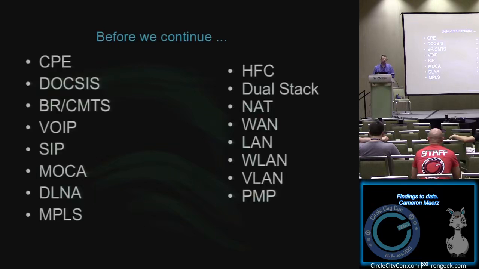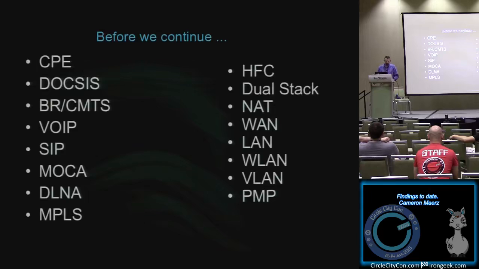Because it is a DOCSIS device, that means that in their networking environment, it supports voice over internet protocol. To initialize this protocol, there's the session initiation protocol. They also have MoCA, which is multimedia over coaxial alliance, and that's able to provide you with DLNA, which is digital living network alliance. That's provided because of MPLS, or multi-protocol label switching, coming in on a hybrid fiber coaxial network. It's a dual stack environment, meaning it supports both IPv4 and IPv6